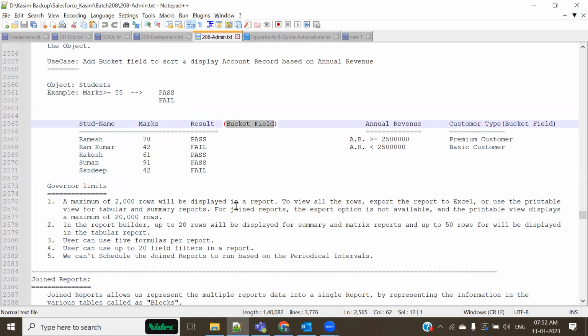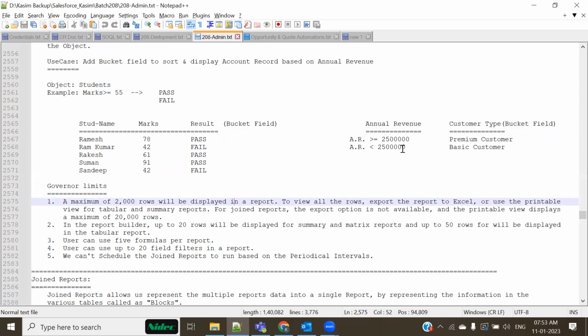So now if somebody asks you in the interview, what is a bucket field? What you have to say to them? Bucket field is a way to create certain temporary formula fields on the report. And this would exist only on the report. Nowhere else are you going to find that field. So that's a temporary field. I'll just create this on a report to represent certain information. Now, what type of formula we are going to see that. Don't worry.